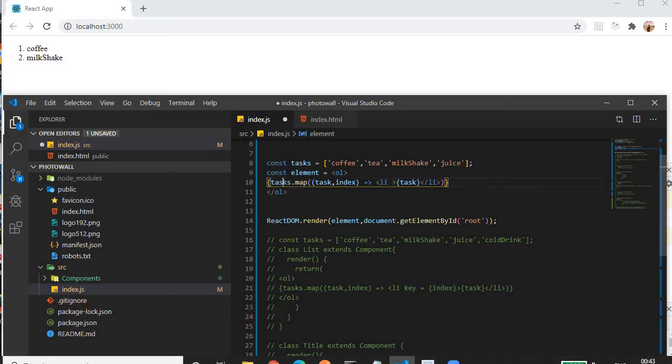So we have an array, we are iterating over the array, and we are creating the li element for each item because each item is to be represented in a list. Then we are providing the content for that li element. It's content, so it should also be in curly braces. Every JavaScript expression should be in curly braces, right? So let me save, and you will see our list is created dynamically. You don't have to repeat the li element again and again. Clear guys?